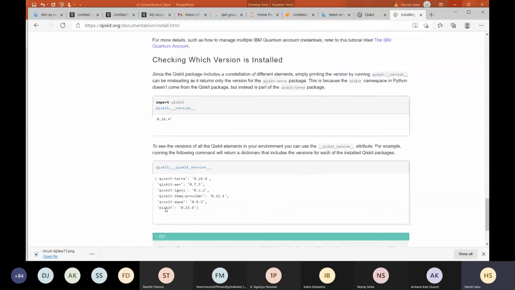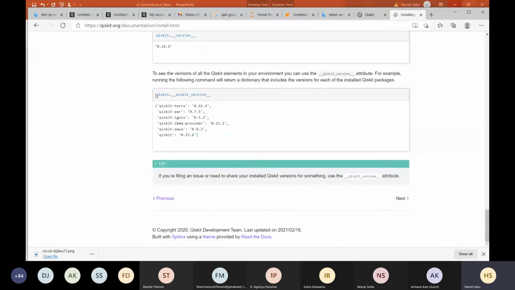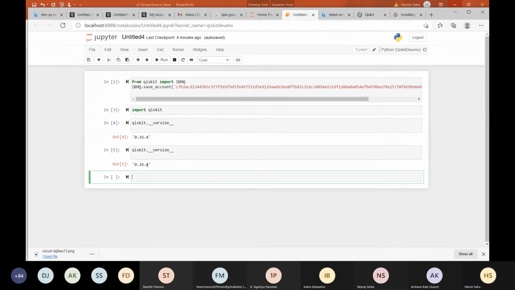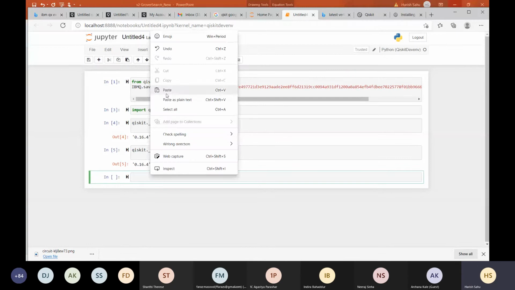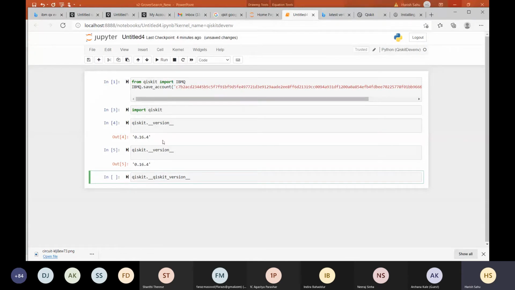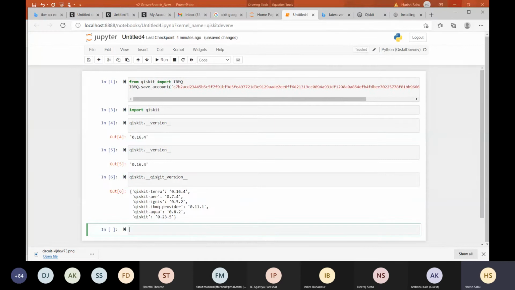So we are done with that thing. This Qiskit.version command will tell. So is everyone with me? You can also do it on your own. So if you do this Qiskit version, the command is Shift Enter. It will tell the versions of all its elements like Terra, Aer, Ignis, IBM provider. So these numbers are all available.